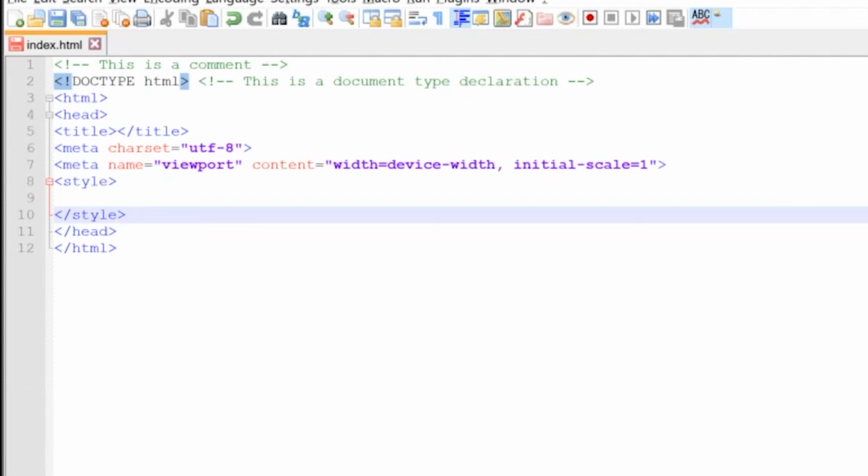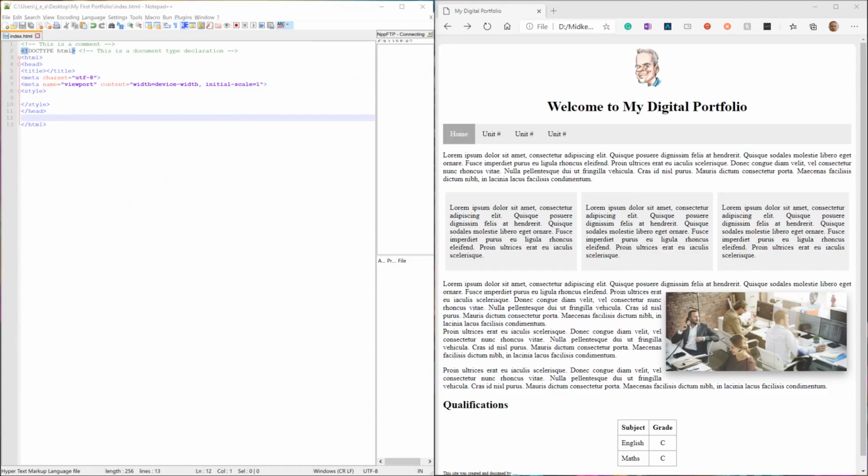However, for this instance and for this activity, what we're going to be doing is we're going to be placing our styles inside of our head, so we are embedding our style sheets so that we can get our pages to a point where we're very happy with how they look, and then once we're happy with their presentation and how they look, we can then copy that CSS code out and place it in an external file so that we can reduce the amount of bandwidth that people would use and we would use to render that information. We're now going to move on